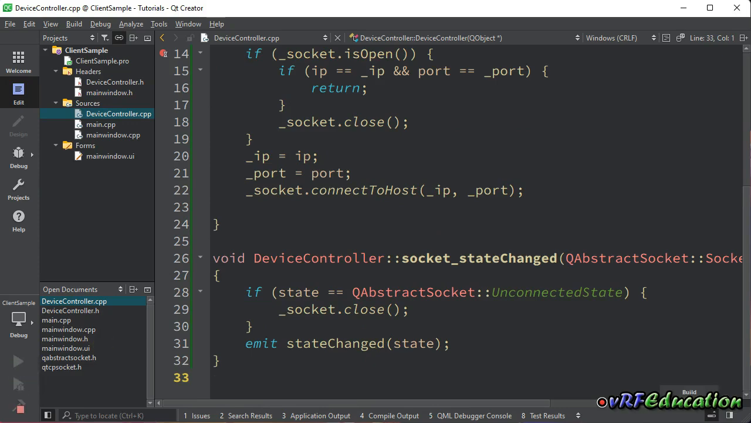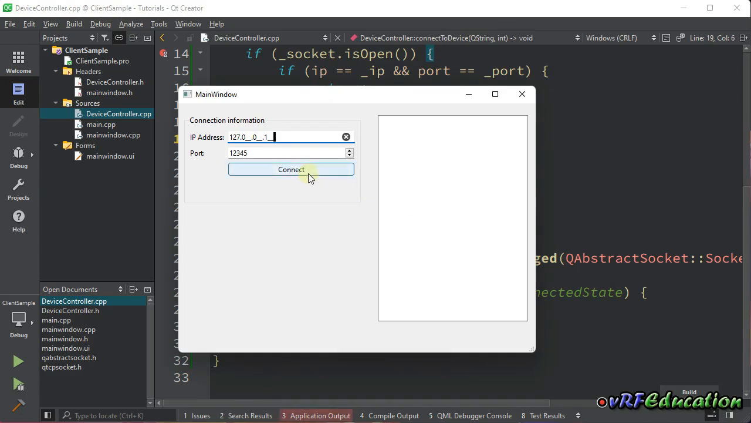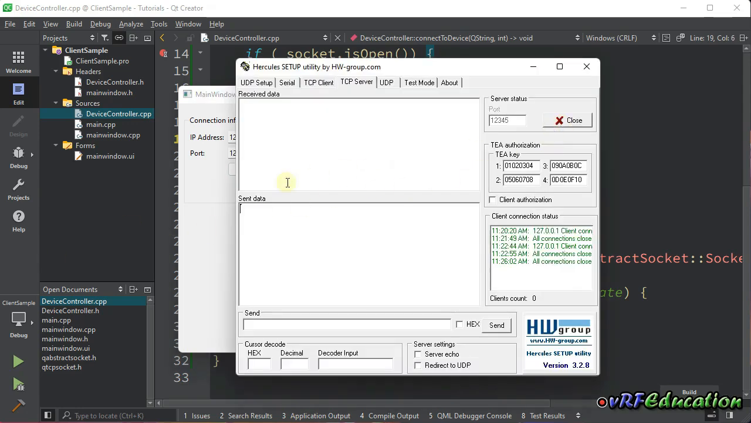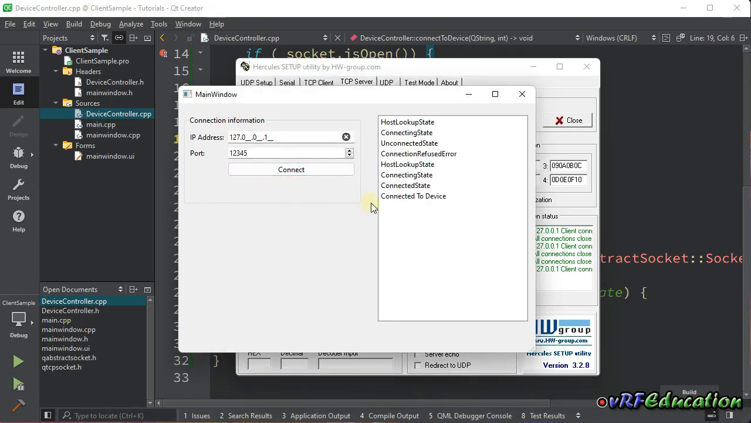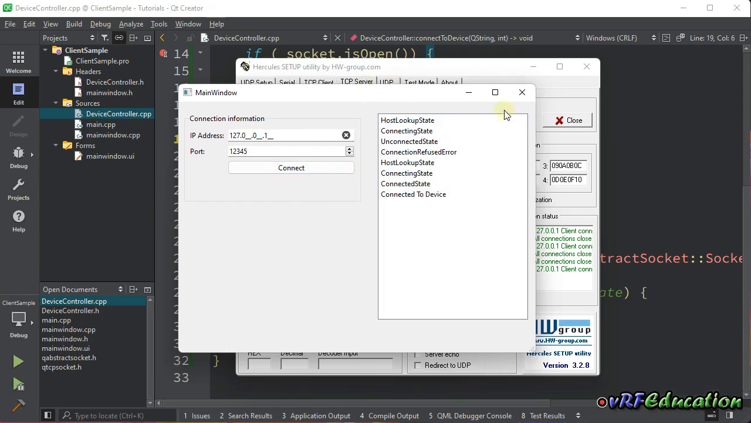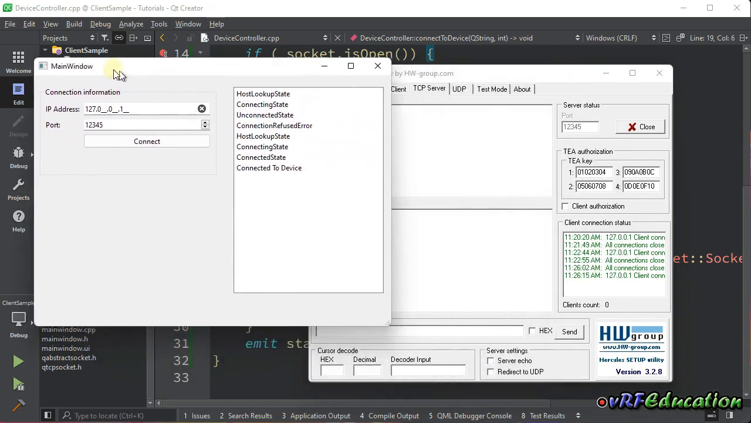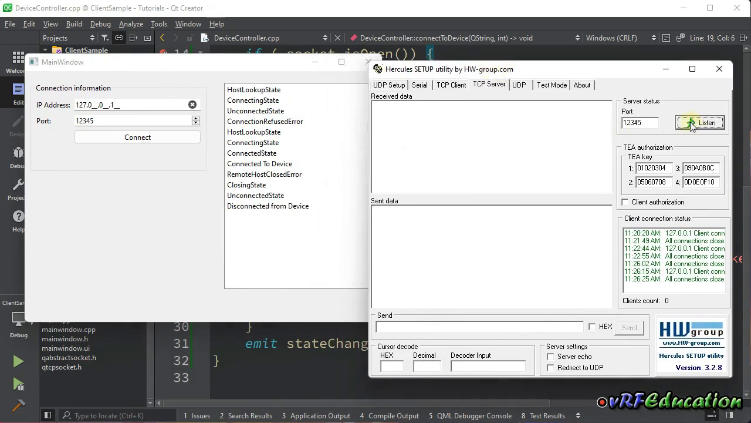So let's run the application. I'm going to stop the server and connect to device at first. So unconnected state happened, and here I'm going to start the server and press the connect. So here I'm going to see the connect to device state. What if I just close the device? So here you can see disconnected from device,